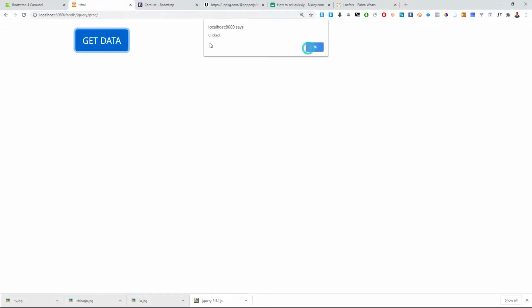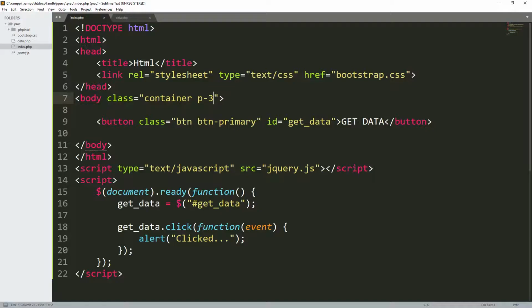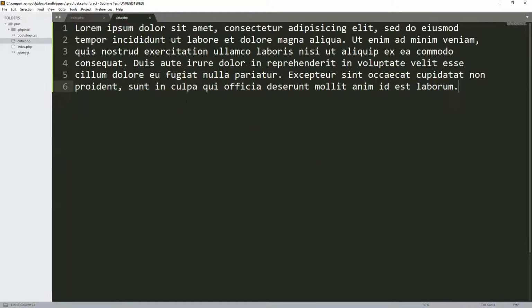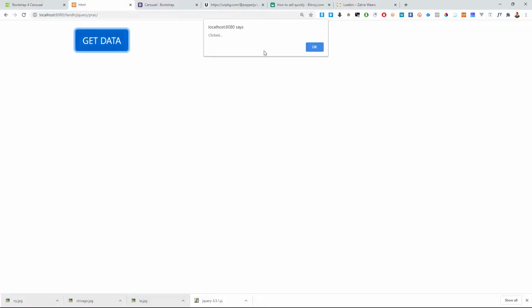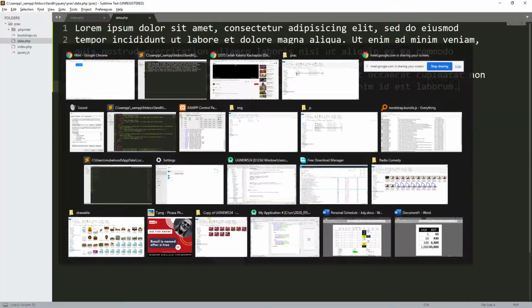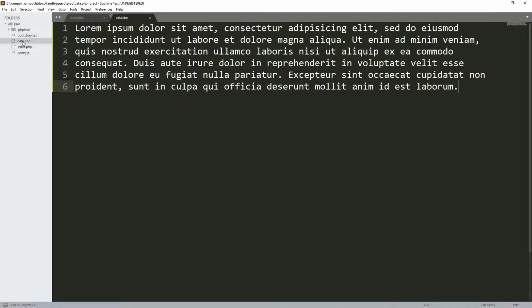Okay? Now, when I click here, I want to get the data from this file, from any other website. Do you understand me? But I have here my simple website called data.php in the same folder, so it is just like an external website.